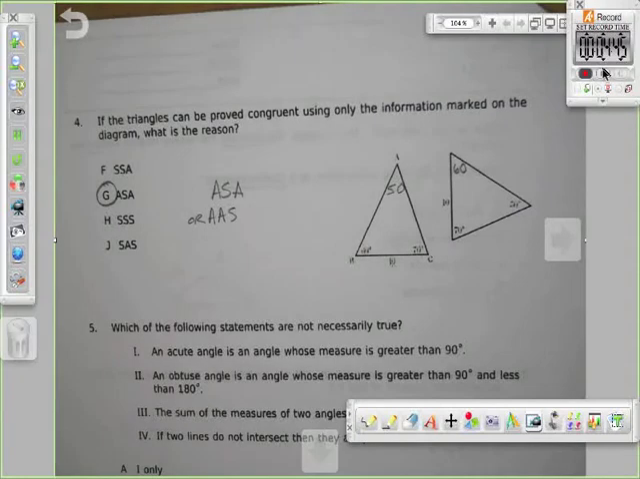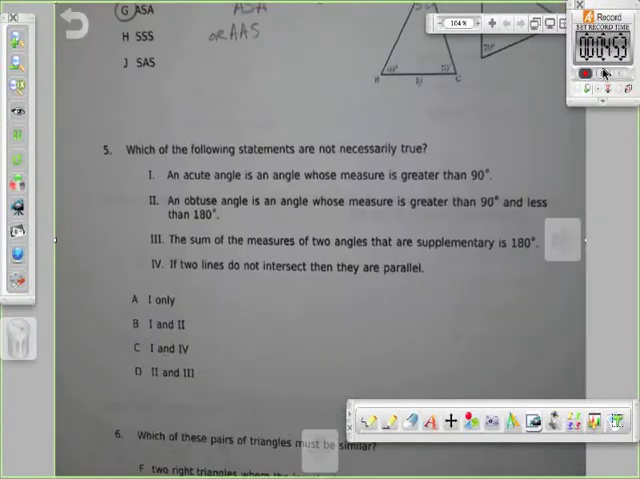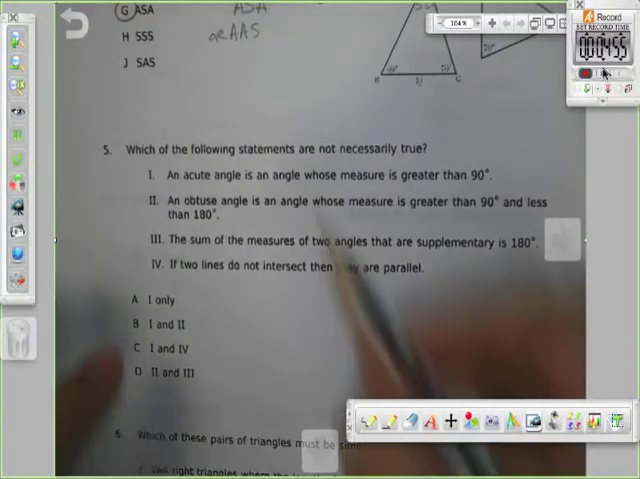Well, yes, I guess it could be angle, angle, side, but based on what's given, it says information marked on the diagram. That is why we're going to go with angle, side, angle, because that said with the information marked. Okay, number